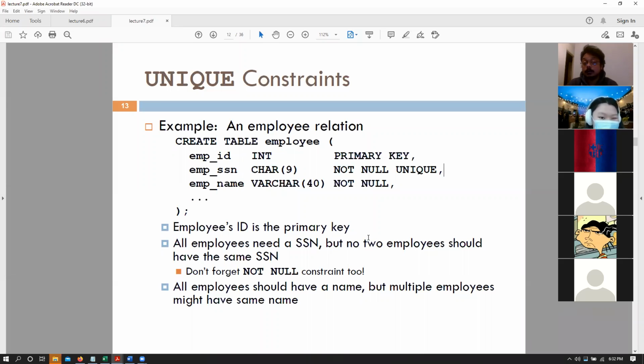No. We are not saying that null is unique. So, for example, employee name, we are stating that it is not null, right? So it cannot be null. So for employee SSN number, we are saying that it cannot be null. A person has to have an SSN number, so it cannot be null, and it has to be unique. So it's an additional constraint on top of that. Does that make sense? Good question.